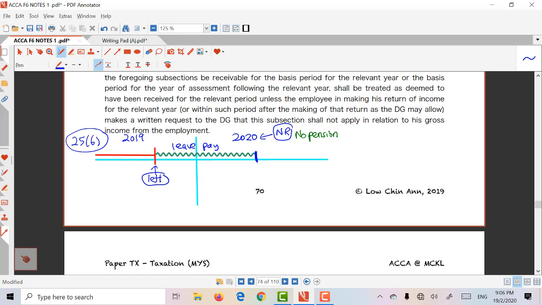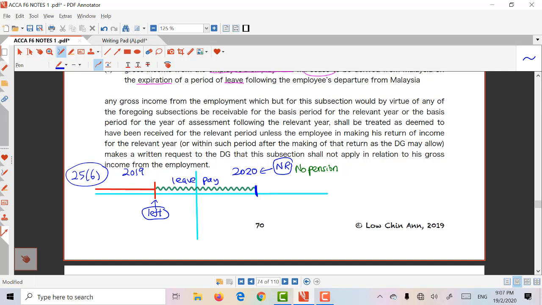The next thing we're going to ask is, so what? What do you want to tell? Now, what we want to tell here is how do you assess the employment income? Because normally employment income is assessed on receipt basis. That's what Section 25(1) is saying. But 25(6) comes in and says that when you have this situation in 25(6), the law says this,